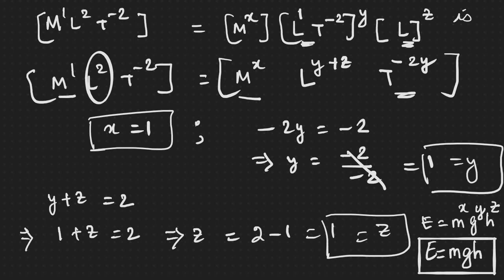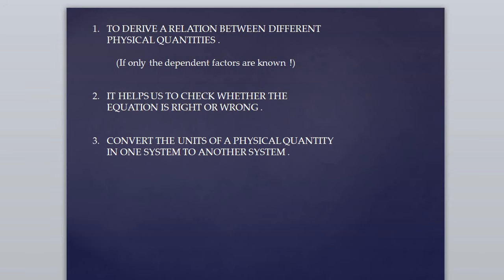So if we know the dimensional formula for each term, then we are able to derive it. Okay. So it is about whether the equation is dimensionally correct or not. I am repeatedly saying it. When we are deriving a formula, to check whether it is correct or not, we are simply checking whether the equation is dimensionally correct or not. Not numerically, not in any other way, only whether it is dimensionally correct or not.